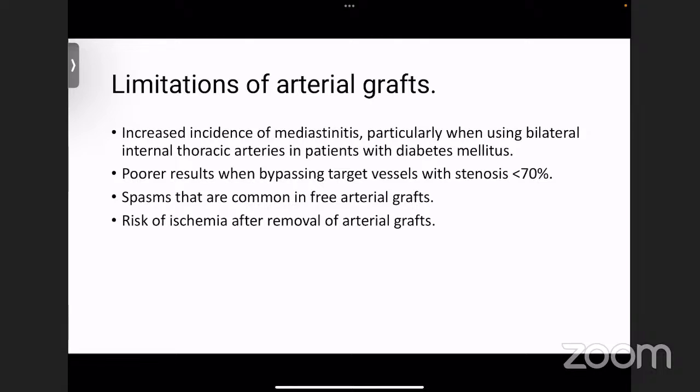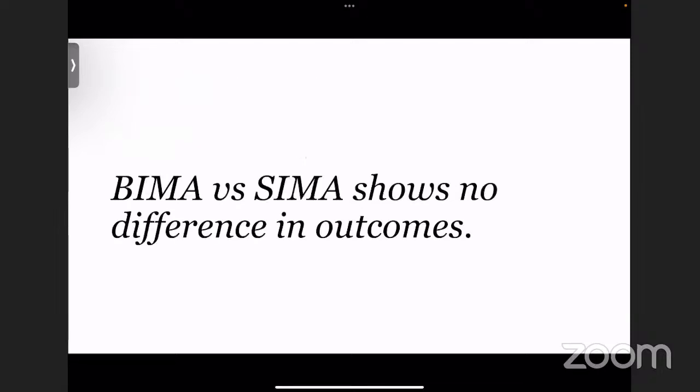The radial, if we're talking about the radial, is too close to the chest. You can't have two people standing next to you, like a main surgeon and an assistant. You're going to have to wait for the person doing the radial, and if you do it bilaterally, that takes a lot of time. These are all the limitations of the radial, and the benefits of the saphenous, we know, are the convenience and that it's easier to dissect. A little bit of a strange anatomy, but